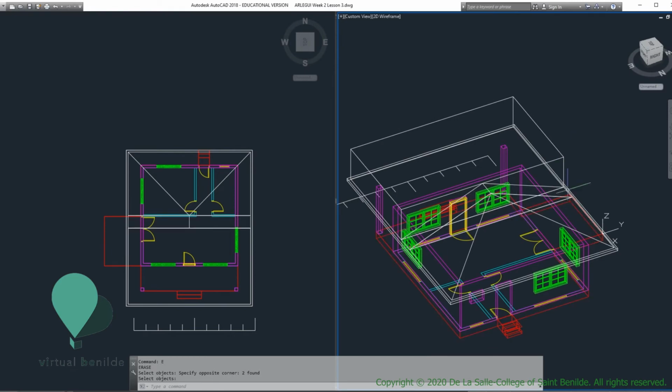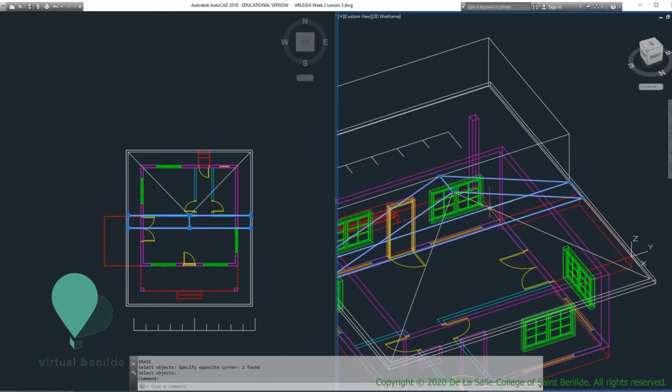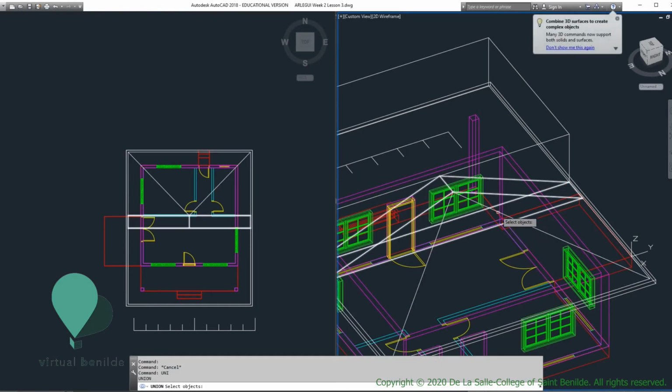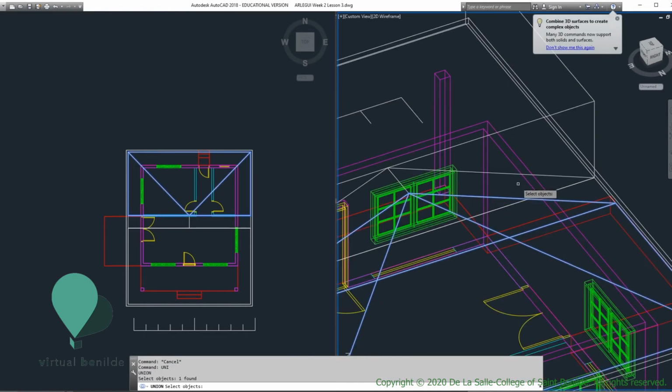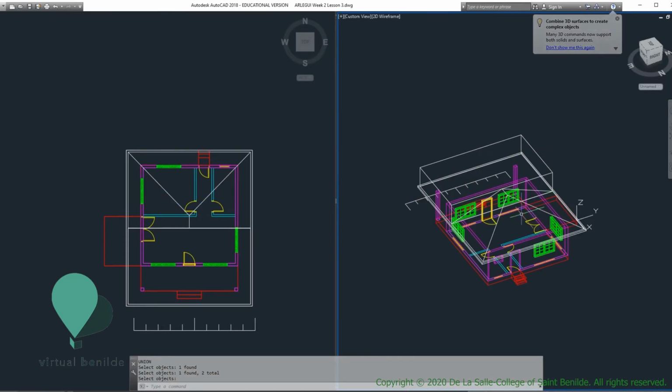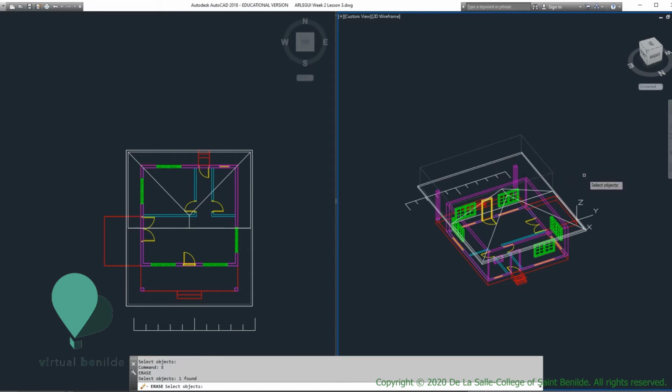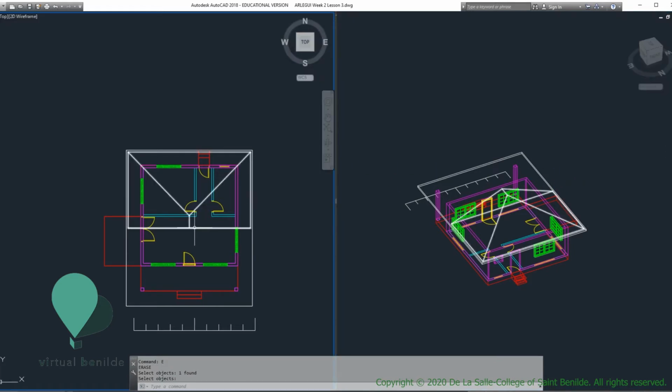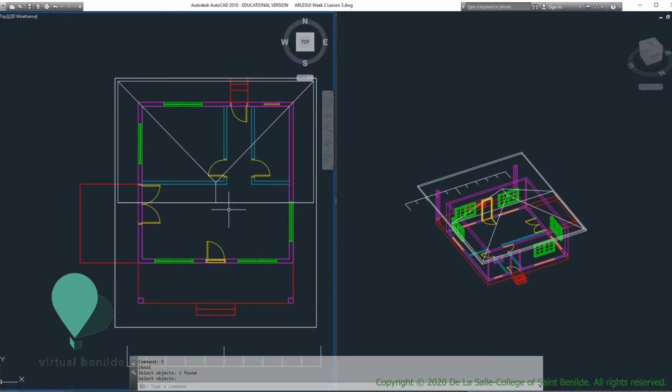So here we have half the roof is there already. These two objects can be unionized for the meantime. Union, UNI, here, choose that, enter, so that they become one. So that's half of the roof gable. Okay, so I'm just gonna erase this other form which we did at the beginning. So now I can just mirror this, MI,